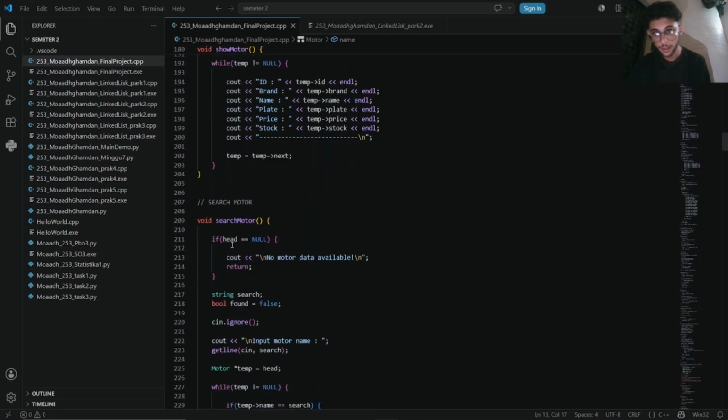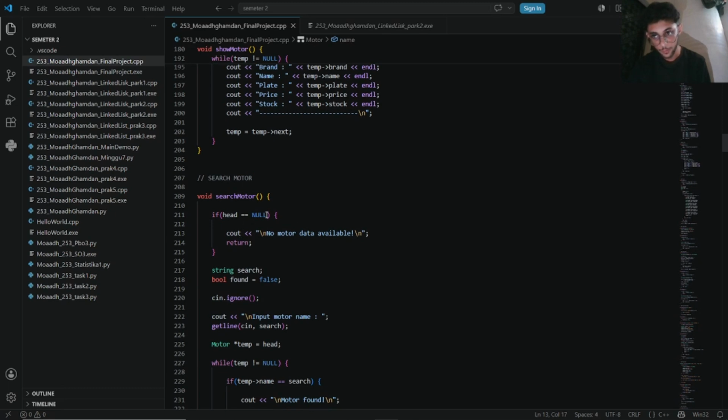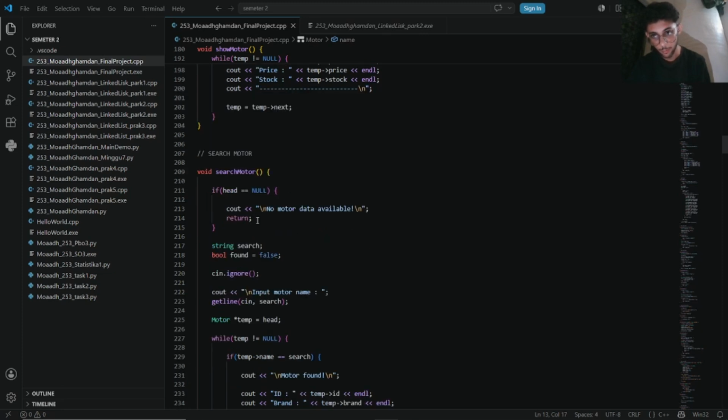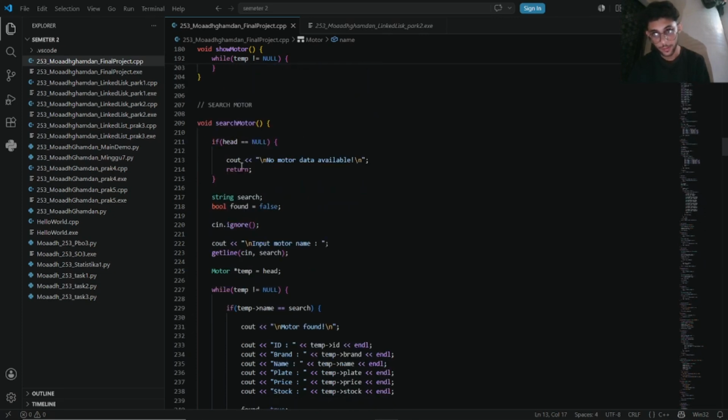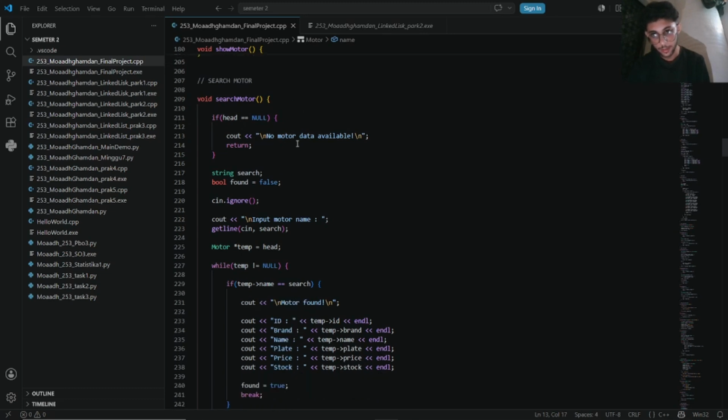We have search motor here, void search motor. I used the linear search algorithm to search motor data by name. So if head equals null, cout no motor data available. So if it's empty, cout no motor data available. And here it moves through all the linked list until